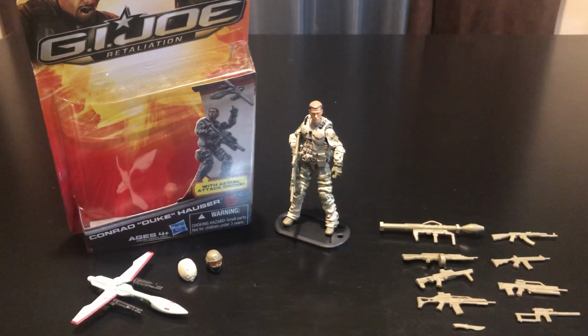So today we have the G.I. Joe Retaliation Conrad Duke Hauser. For those of you that know about this figure, this was referred to as the Ultimate Duke in the Wave 3.5. These figures came out in late 2013, had a very limited run, very poor distribution, and then they